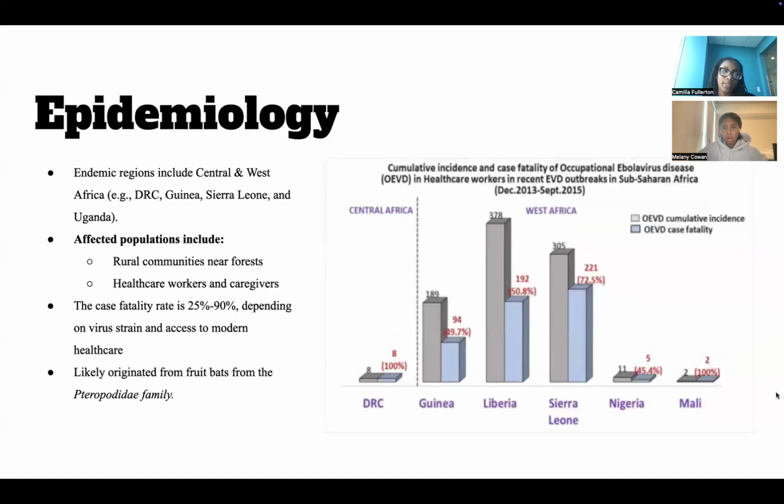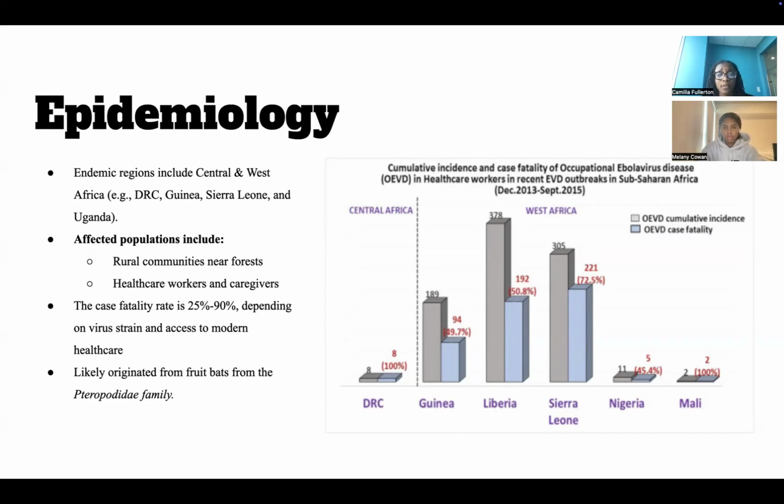So, epidemiology. Endemic regions include Central and West Africa, like DRC, Rwanda, Sierra Leone, and Uganda. And as you see here in the figure, there's also Nigeria and Mali. Affected populations include rural communities near forests, healthcare workers and caregivers. The case fatality rate is 25% to 90%, once again depending on virus strain and access to modern healthcare. The Ebola virus likely originated from fruit bats from the